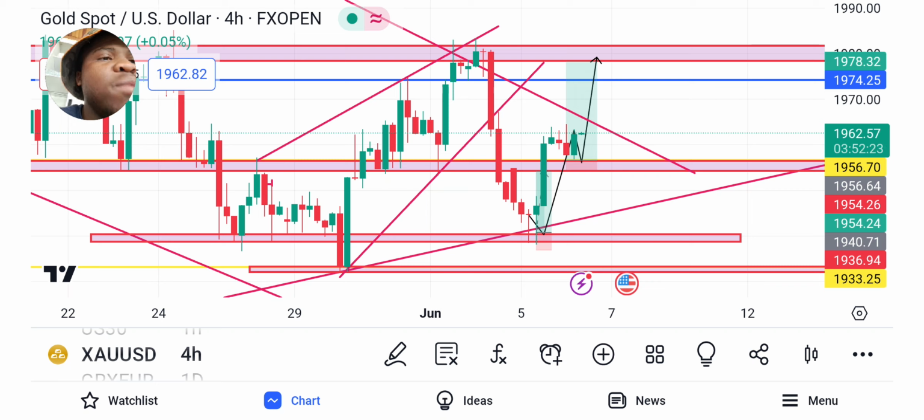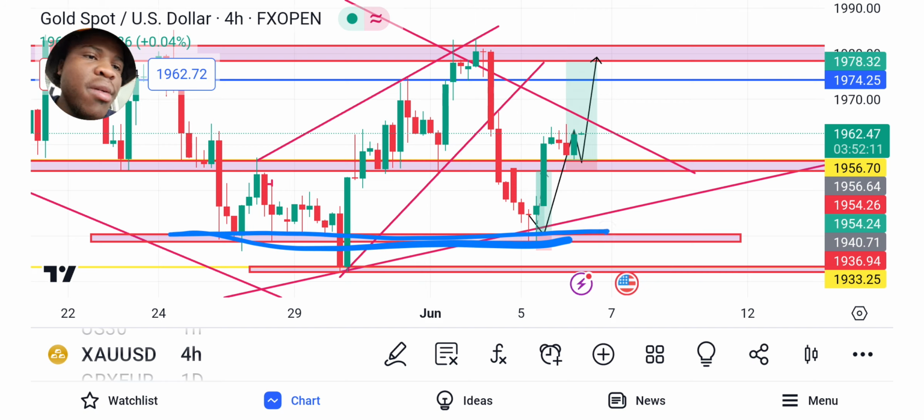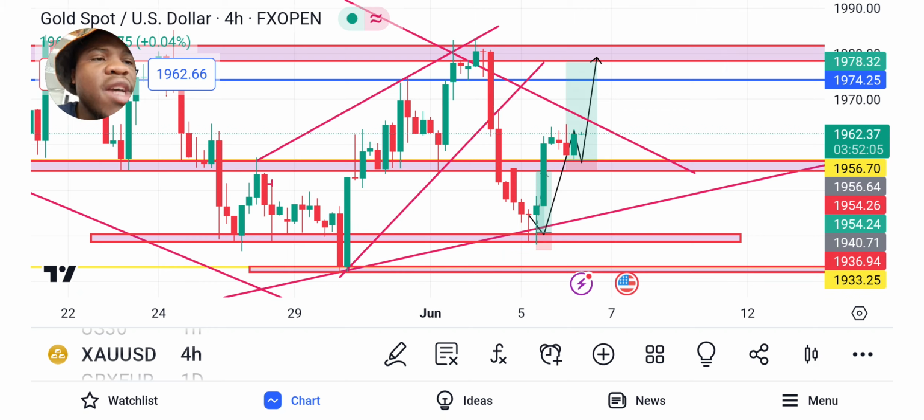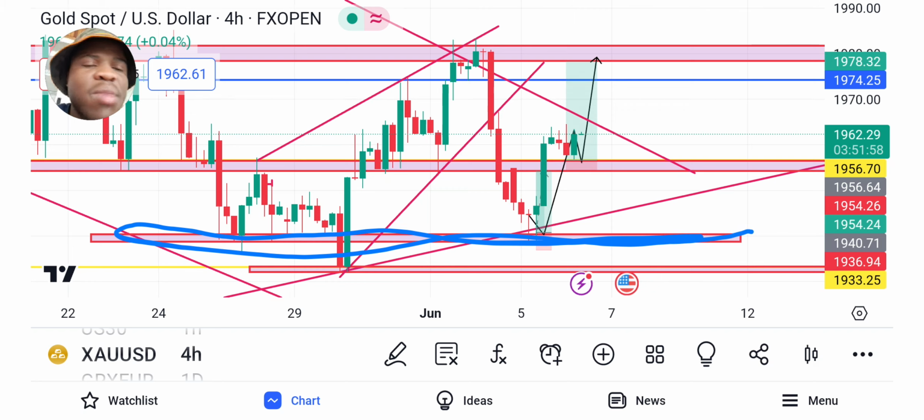Okay, so guys, I've been holding. I took the trade around these areas. So the market went up. Why did I take the trade here? Sorry, guys. So the reason I took the trade around these areas here is because, as you can see here, guys, the market basically, I saw that, okay, this zone is a strong demand zone or a strong support zone. So I knew that, okay, if the market comes here, it might respect this zone and then move further to